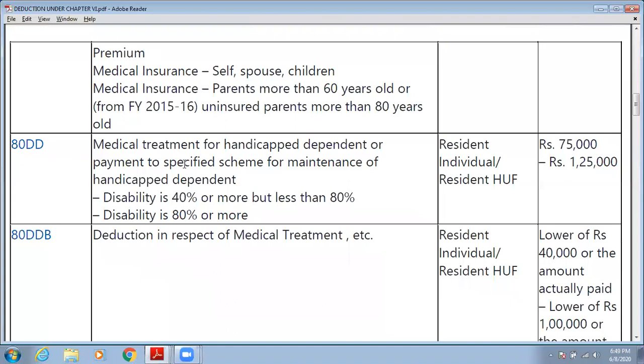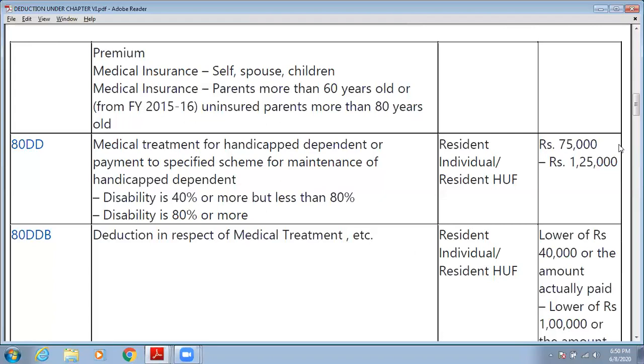So see, if you pay some amount for medical treatment of any handicap dependent on you, or the payment to हैंडीकैप सर्टिफिकेट में लिखा होगा कि इसकी डिसेबिलिटी कितनी परसेंट है,